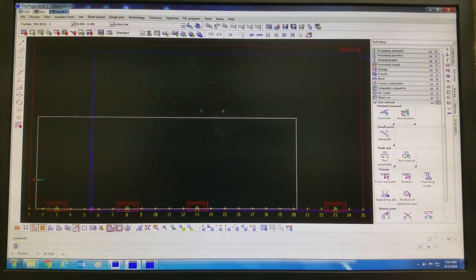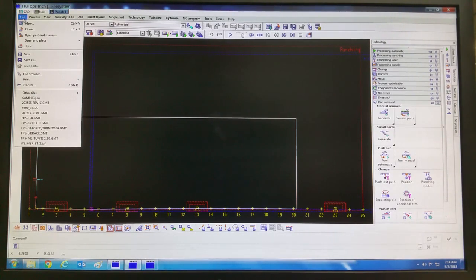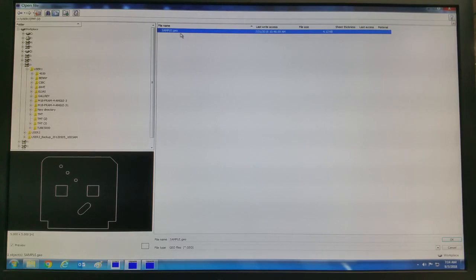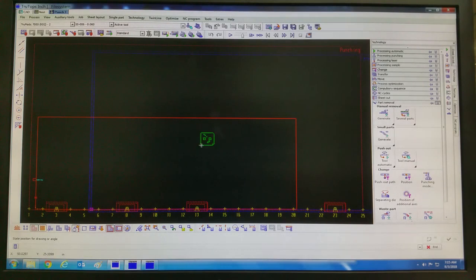Hit OK. This is my sheet now, so I want to load the part which I want to process. So I go File, Open, and in the desired folder you find the geo you want to process. So it's this one, sample geo. This is the preview. Here is the dimension of the part. Hit OK, and now the part is on the mouse,